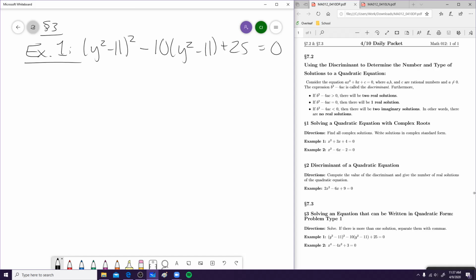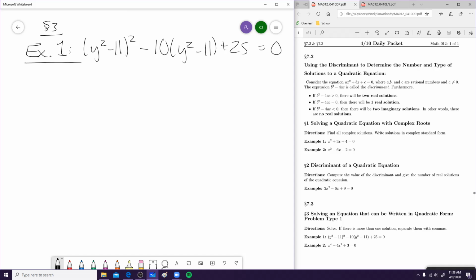Alrighty, guys. Now on to section 7.3. Up until this time, we've been building on learning how to solve quadratic equations. Now our goal in this section is to reduce problems down to what we know, which is quadratic equations. I think the best way to do this is to dive into an example. Our directions are to solve,